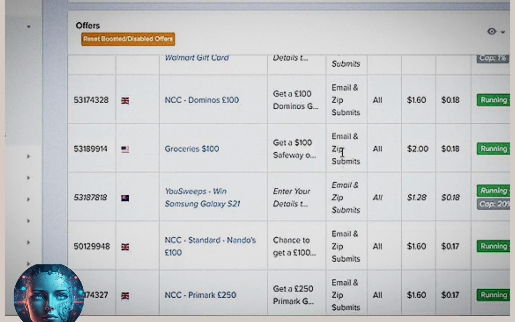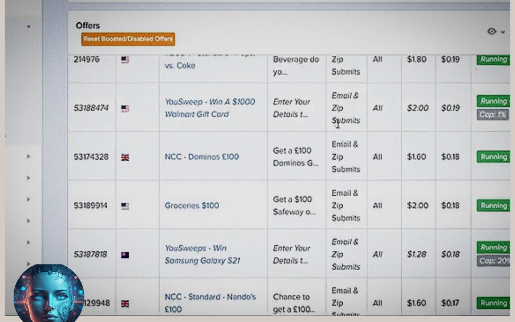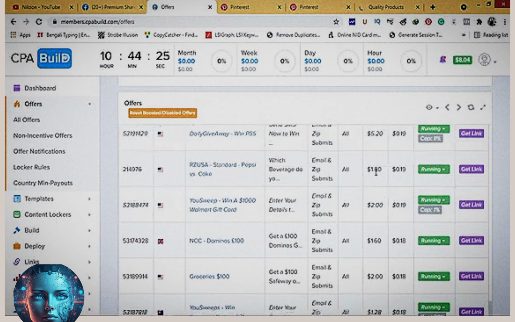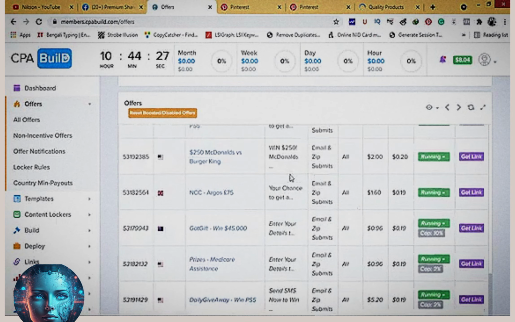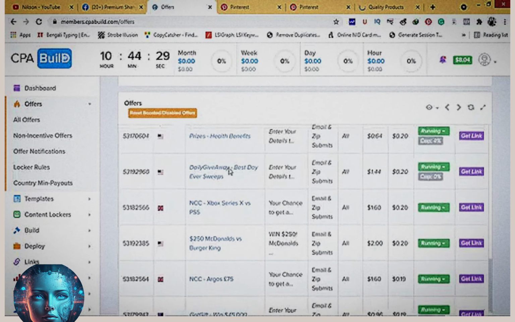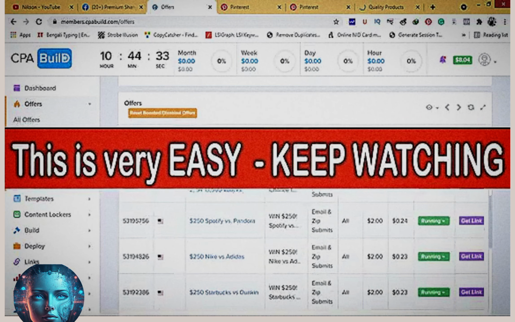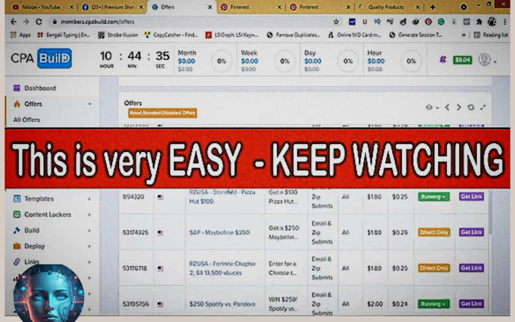It's just an email submit offer. If your visitor or traffic submits their email or zip code and goes to the next step, it will give you the lead for this task.